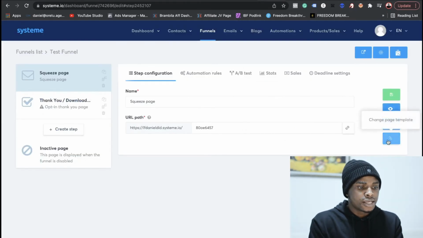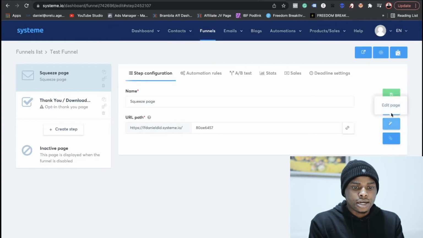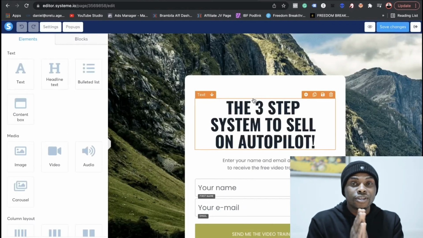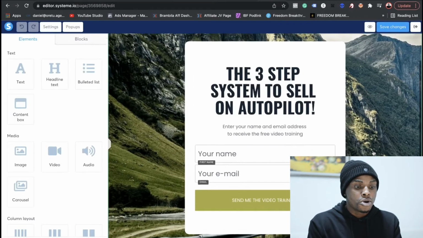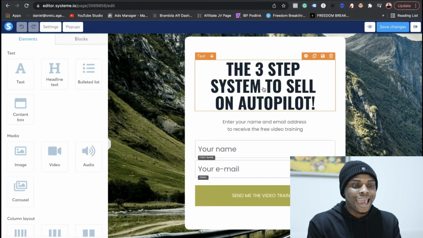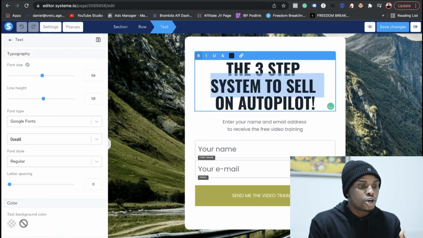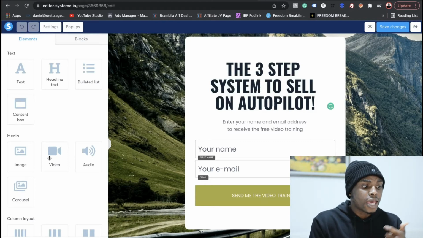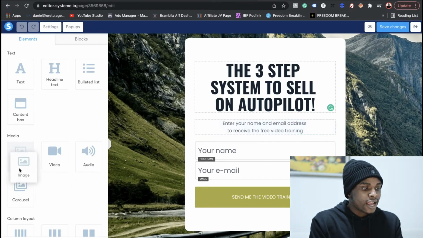So what you can do is come back here and click on the button that says edit page. You want to click on that, and it's going to take you to the editor inside of Systemeio. So once you come here, you can edit the text, you can drag and drop, you can add a headline, you can add text, you can add video, you can do pretty much anything. So let's say we want to add an image, right? You can just drag the image